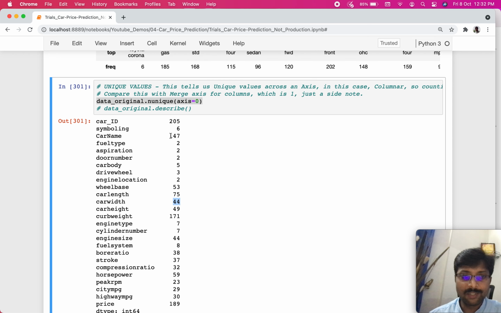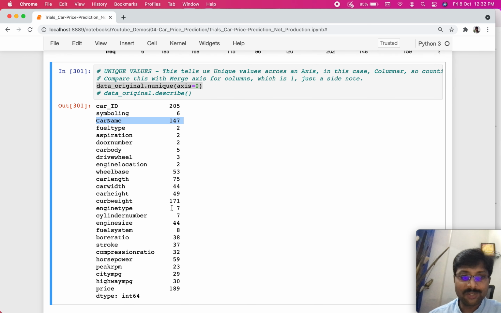But one thing that is really not so appealing is car name is 147 in 205 samples, right? So usually a car name, of course, has a car make and model name, right? A model is essentially a parameter of different other values, right? A particular car type which has four-wheel drive and front wheel engine or a rear engine, and a few technical parameters would define its model. So in that sense, car name in itself may not be unique. There are other parameters in combination that determine a car model, right?